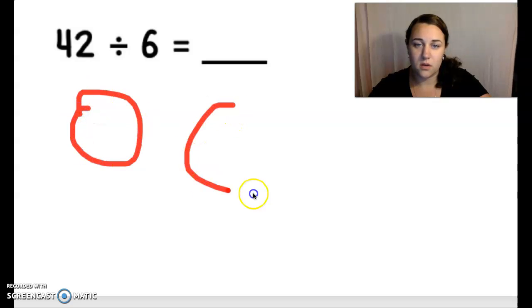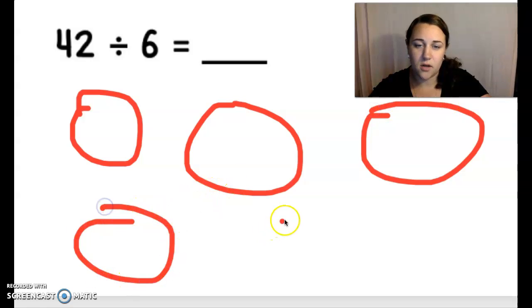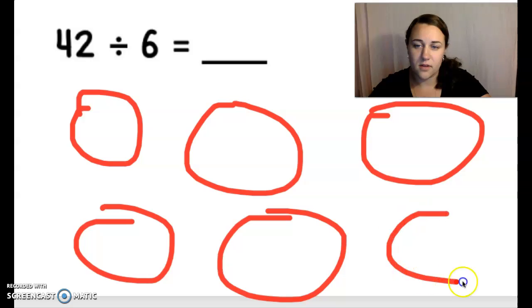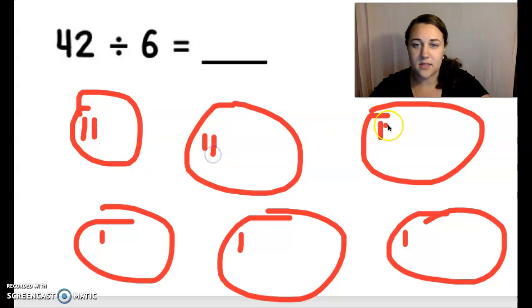1, 2, 3, 4, 5, 6. I have my 6 groups. Now I go to my 42. I have to count to 42, putting 1 in each group, okay? So 1, 2, 3, 4, 5, 6, 7, 8, 9, 10, 11, 12,